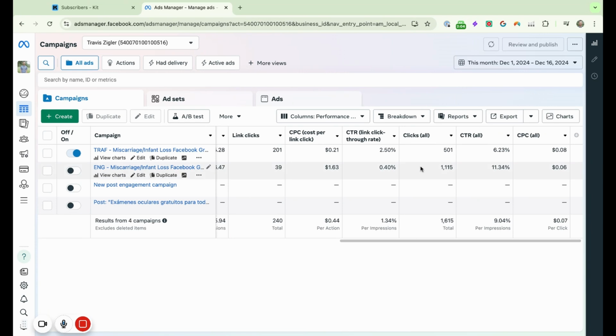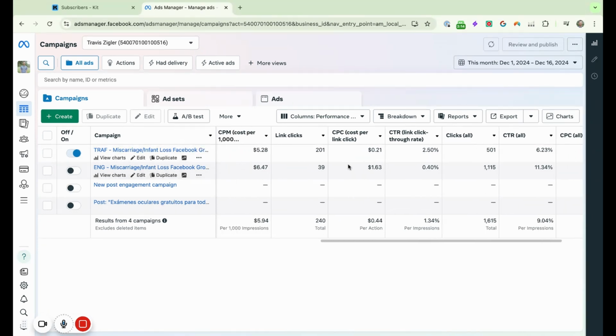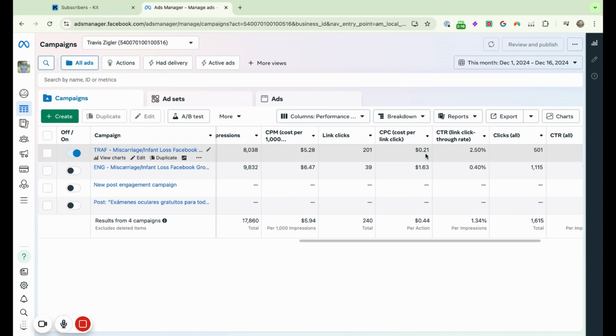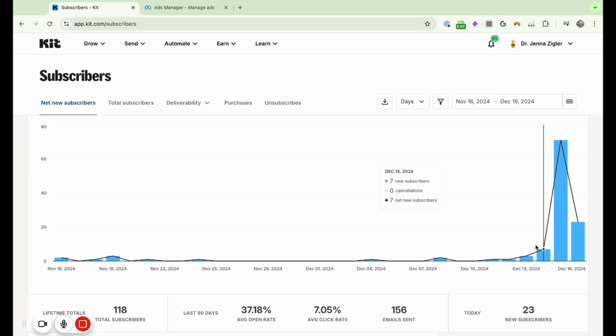So that's huge. And you can see 501 clicks, click-through rate actually went down, but our cost per click went down. I don't know why that's 6 cents, because that's not right. Here you go. $1.63 to 21 cents. So focusing on traffic and getting more link clicks was a huge, huge change for us. As you can see, we went from 3 to 7 leads a day, barely 1 lead a day, to 71 yesterday, and already 23 today, and it's 9 in the morning. Hope this helps.